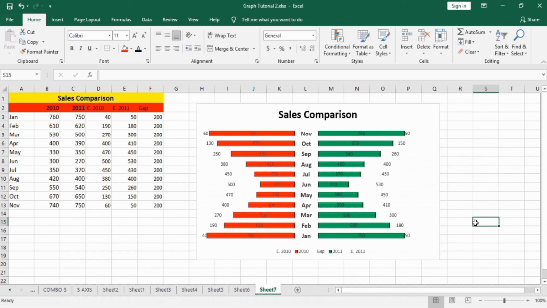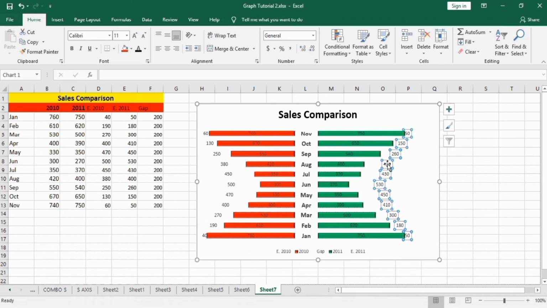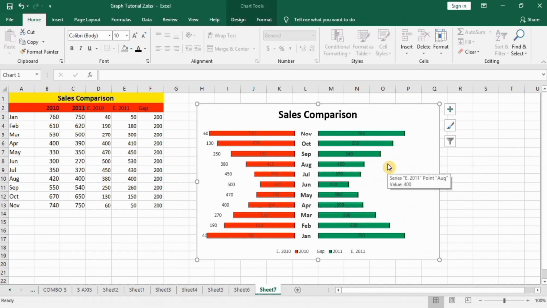Now you can see the data labels appear, but the data labels for the extra columns appear here. Select this one, click backspace. Similarly, select this one, click backspace. Now select these and resize it.